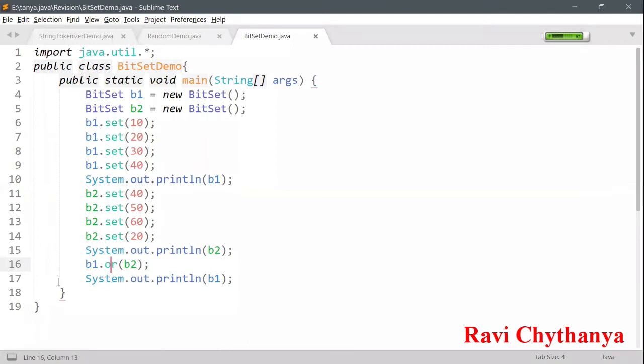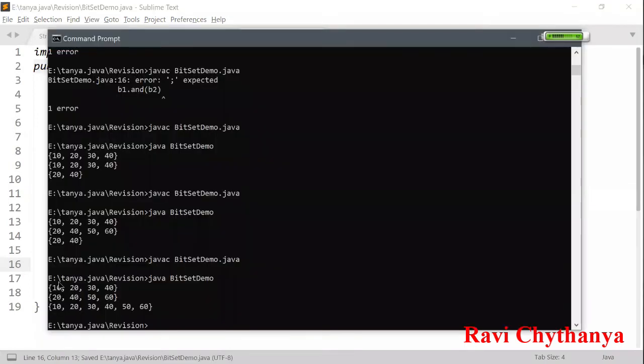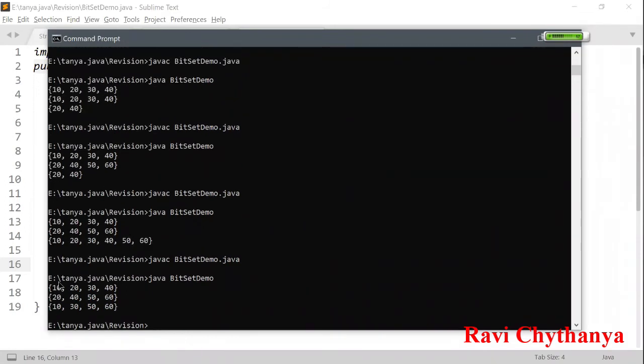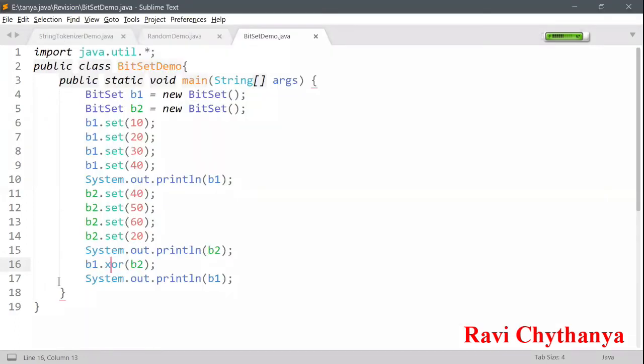And I'm going to have one more operation called the XOR operation. The 10, 20, 30, 40 of b1 and 20, 40, 50, 60 of b2. Now b1 becomes 10, 30, 50, 60. The 20 and 40 have been removed from the bit set b1, because they are common in both. Is that clear? So like this I can use the bit set for performing operations on the bits